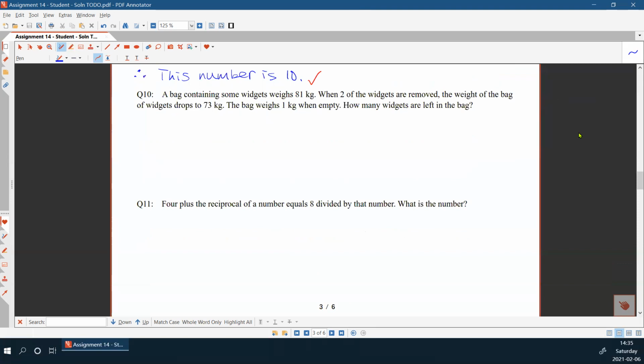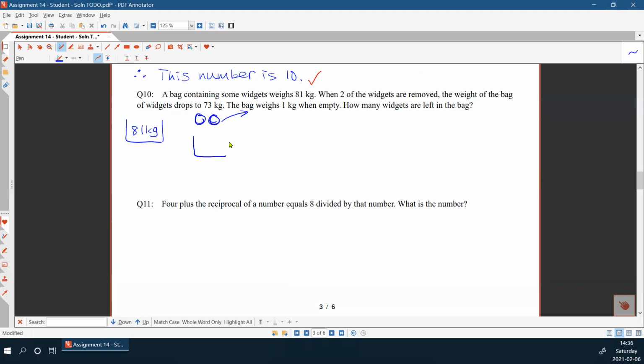Okay. Question 10. A bag containing some wedges weighs 81 kilograms. When two of the wedges are removed, the weight of the bag of wedges drops to 73 kilograms. The bag weighs 1 kilogram when empty. How many wedges are left in the bag? So here we can draw a diagram to show this question. So initially you have 81 kilograms,